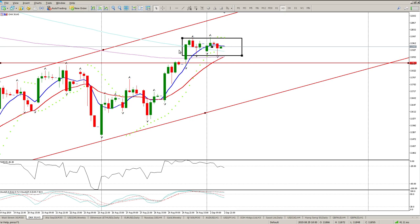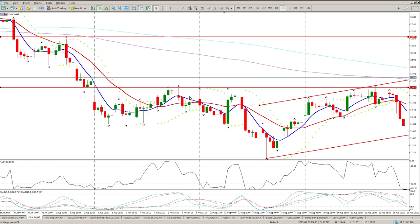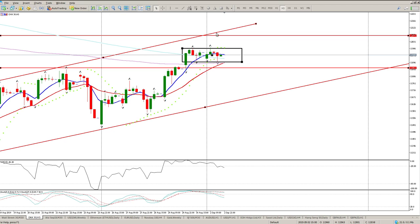There's our range. So we're looking for a break above the last week's high, or alternatively a break below these pin bars of yesterday. Okay, oscillators are indicating that we should be looking to the downside. So I do suspect a break to the downside, probably just to come and close this gap and find some support. And I would expect 11,860 to offer significant support. So if you look to the left, you'll see what I mean. Okay, bear in mind there is another gap up here as well. No, I think that gap is closed. No, so we've got a gap to the downside, gap to the upside. So I do suspect sort of a move down, some consolidation, and then we're going to continue in this messy